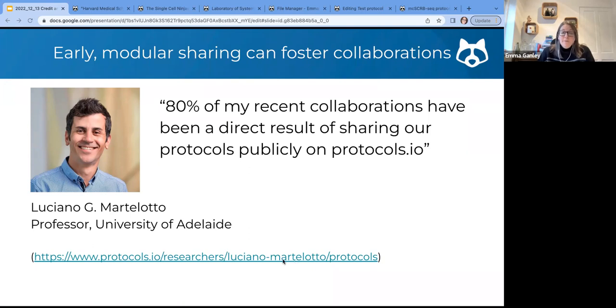So important to note before I move to talking about relationships with publishers is that since we launched in 2014, now having over 13,500 published papers, we have never ever seen a case of a publisher saying that because you shared on protocols.io, you can't publish your research or method paper in their journal. So publishers don't consider placing protocols on protocols.io to be a prior publication.